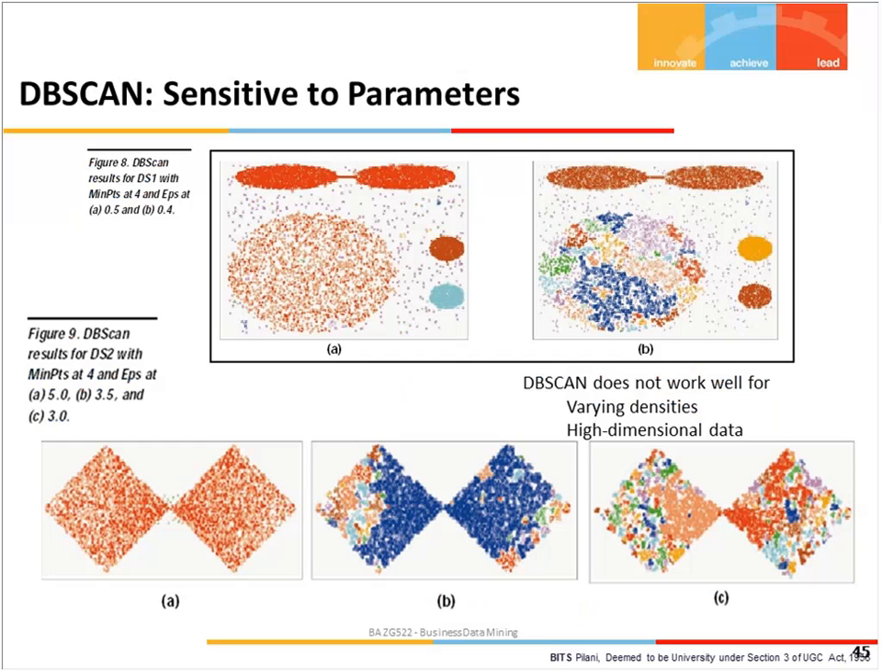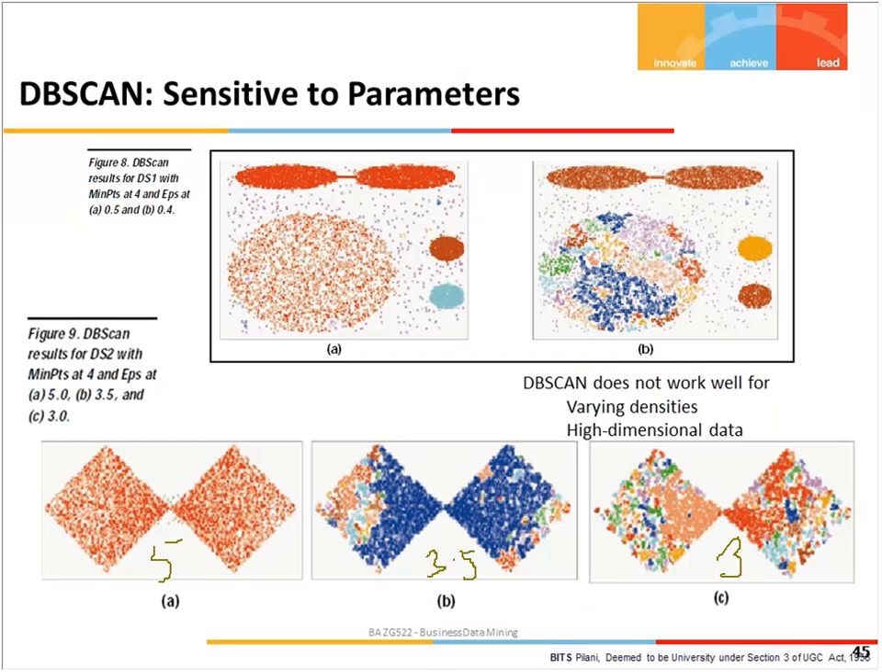So the A is done here. We have done the clustering with epsilon of 0.5. We have done epsilon of 0.4. We can see that we are getting different clusters with different shapes. Similarly here we are seeing different results because epsilon of 5 here, and epsilon of 3.5, and epsilon of 3. So what it means is that unless you can choose the parameters very accurately,